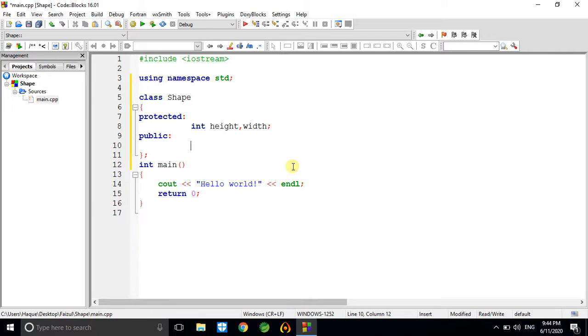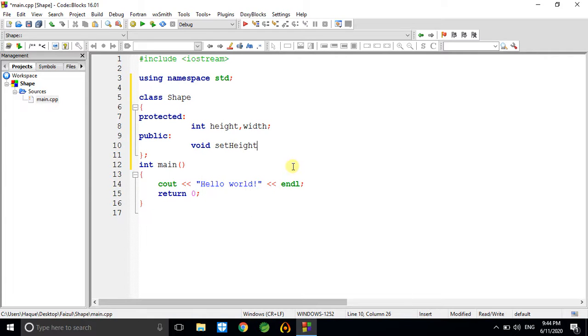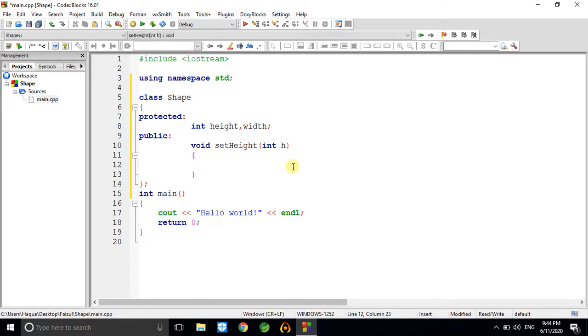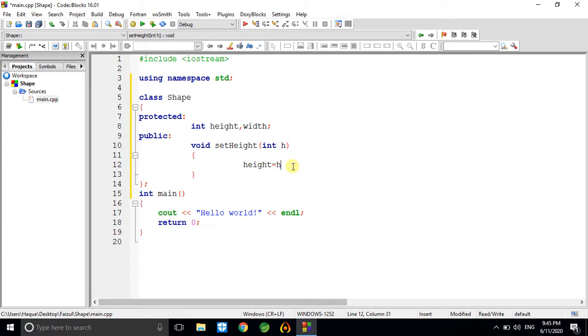In that case, void set height. So here we need an argument. Then just copy paste for width.